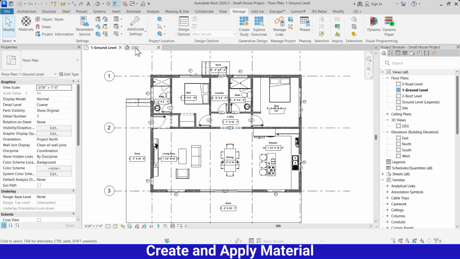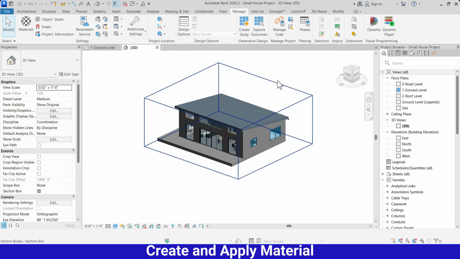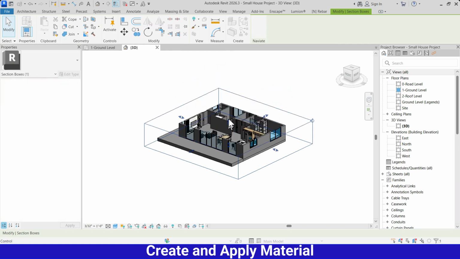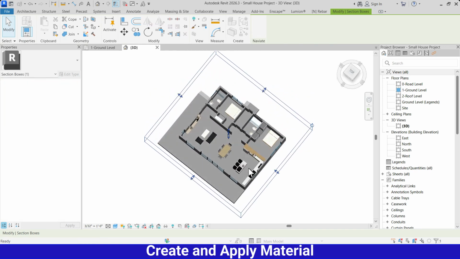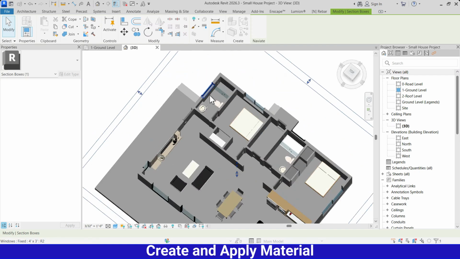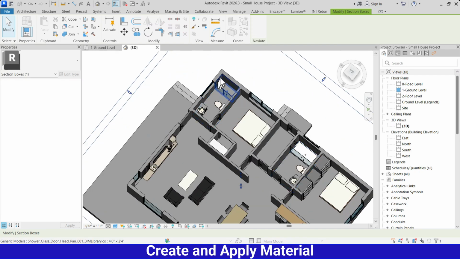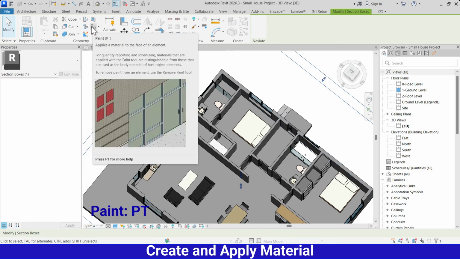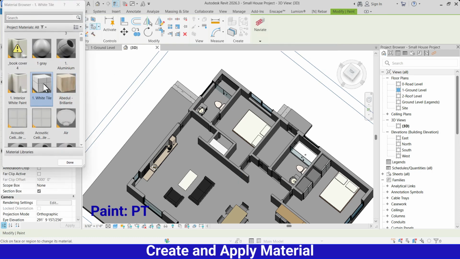So go to the 3D view and make the section down, rotate and apply in the baths. By paint or by structure, you can apply by both. Go to the paint from modify tab, or you can enter PT from keyboard. Select white tile and apply on the surface. You can see in realistic view only